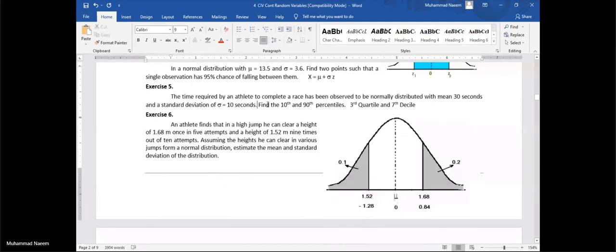This is showing numeric values, so we must have mean and variance. We also have the quartile, decile, and percentile. This is also data analysis. So in data analysis, we can also discuss the quartile, percentile, deciles, median, mode. Mode will be against the highest peak here. This will be the mode on the x-axis. Okay. Our variable is normally distributed with mean 30 and standard deviation 10.